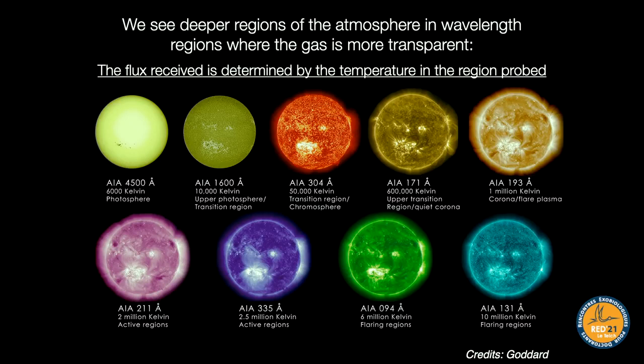Under each image, it is shown the region and the temperature of the region that is probed at this wavelength. When you look in the visible, you see the Sun as we all see it with our own eyes, kind of yellow, the color that an object would have if it were at the temperature of the surface of the Sun, which is